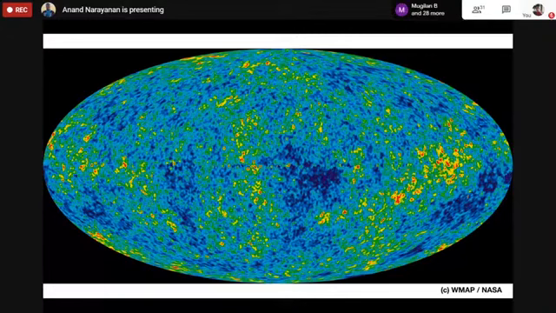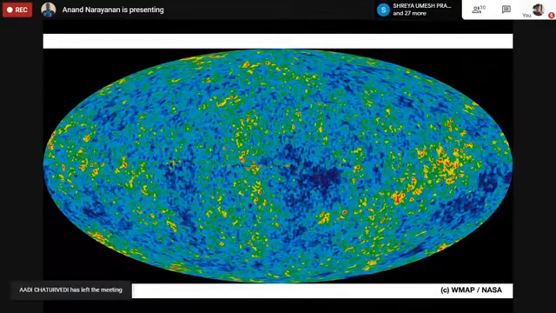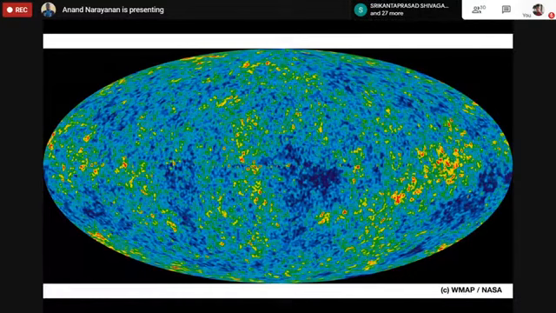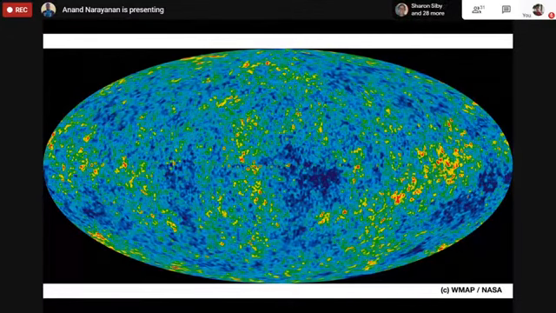There were some regions which had densities that were higher than average, and there were some regions which had densities lower than the average. So there were over-density regions and under-density regions. When I say over-density and under-density, I'm talking about matter density. Those regions are what we see when we are looking at the map of radiation